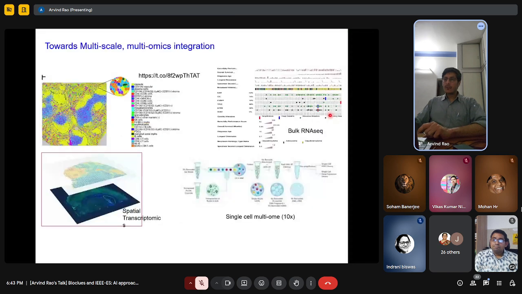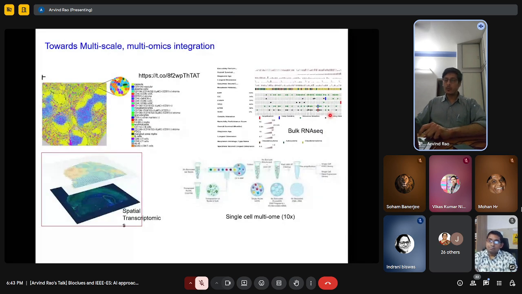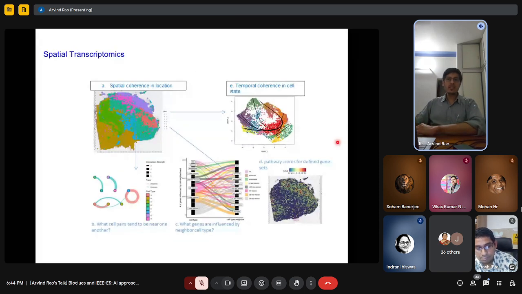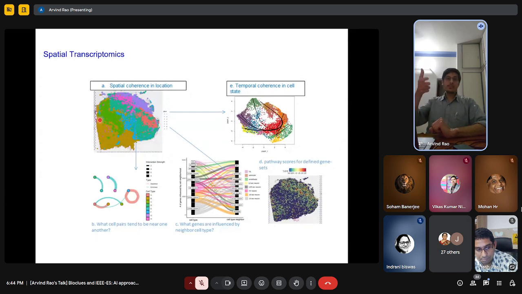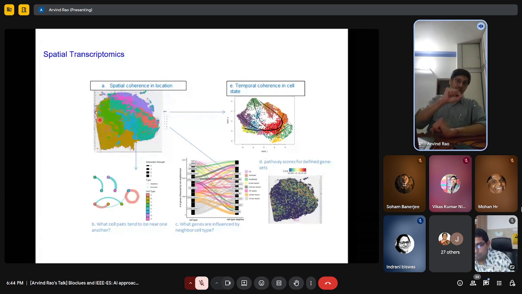All right. So the last but not the least, again, to belabor the point, if you're in computer science and you've been doing geographic information systems or spatial analysis for other kinds of data, I would welcome you to think about biology, because this kind of data is now becoming extremely prevalent, and we're trying to still make sense of these aspects. So a third modality which has become very popular is called spatial transcriptomics. In spatial transcriptomics, you can take a piece of tissue, this is actually a piece of brain tissue, and you can obtain the gene expression for every single cell across the entire region of space.